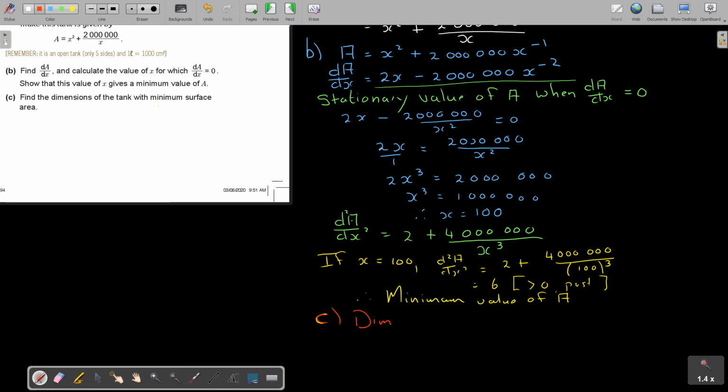Dimensions of the tank, a square base, of side length. So the base is 100 by 100 centimeters. Okay, and the height of the tank